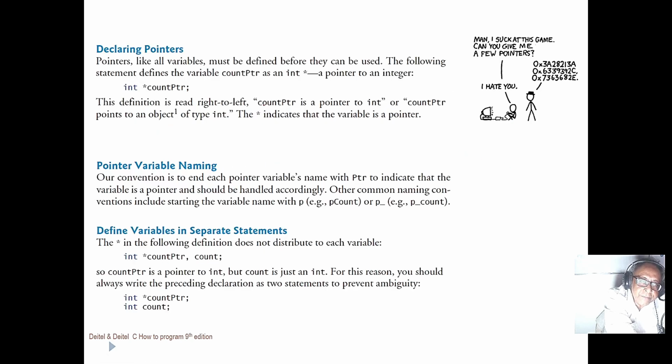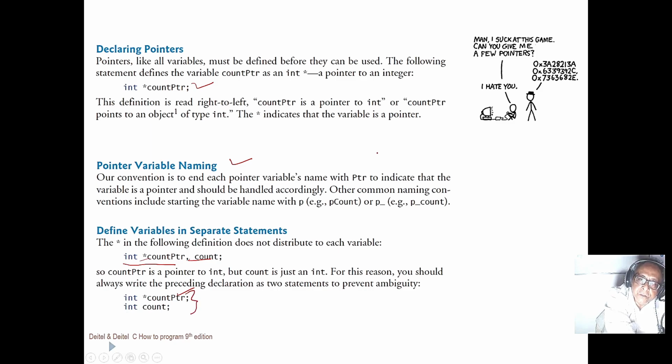Declaring pointers is the same thing. There are various types of pointers like integer pointer, floating point, char, double, and long. I discussed pointer variable naming; it should be something like ptr. It is always better not to declare the pointer type and the variable type together. It is always better to have a separate declaration statement for the pointer type and the variable type. It is a preferred practice.